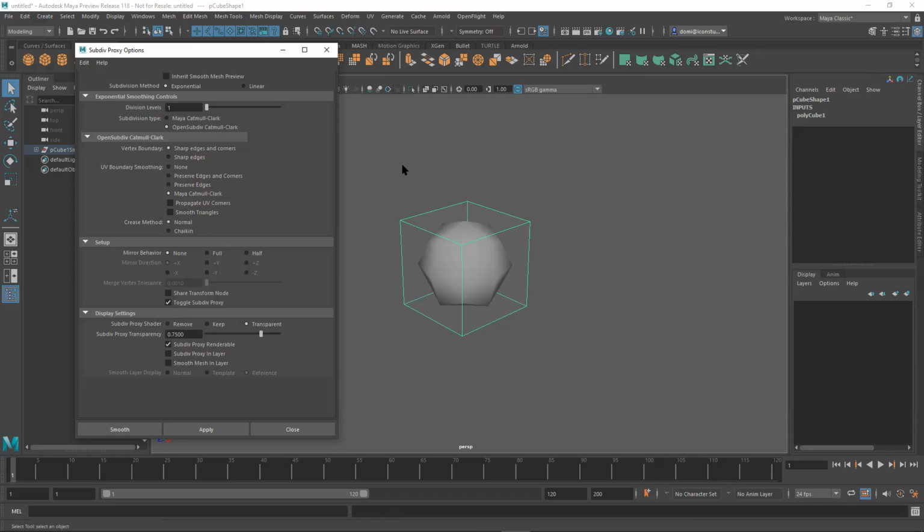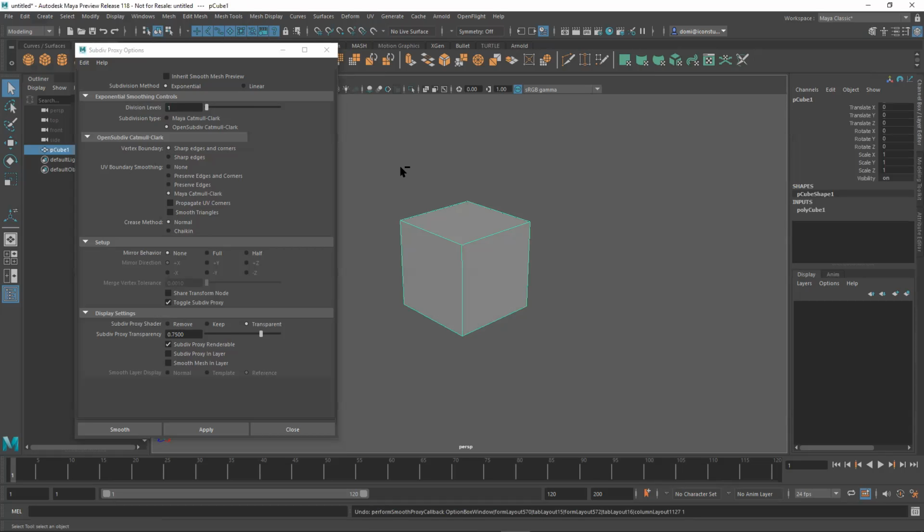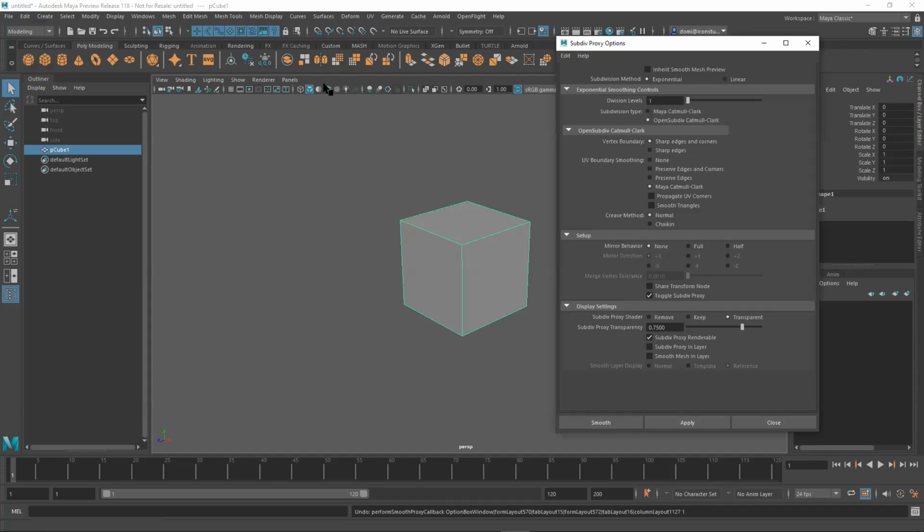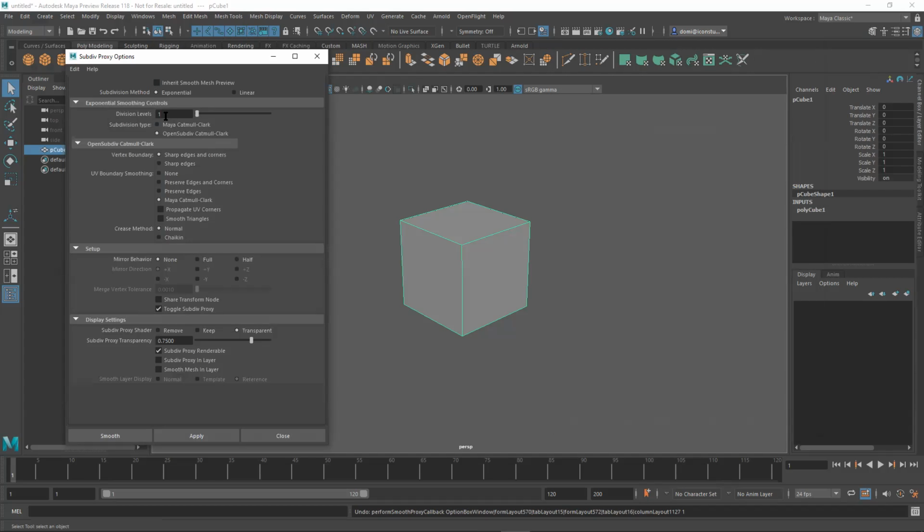So I'm going to hit Control Z. I don't want that. Okay, so I got my cube back. And for this too, I think I'm going to turn on wireframe unshaded, so you can see what's going on here. Yep. So here maybe I do want the subdivision level pretty high. So I'm going to go to 4. Okay? And I don't really want to mess with too many of these. The other things you really want to play around with here is you want to add